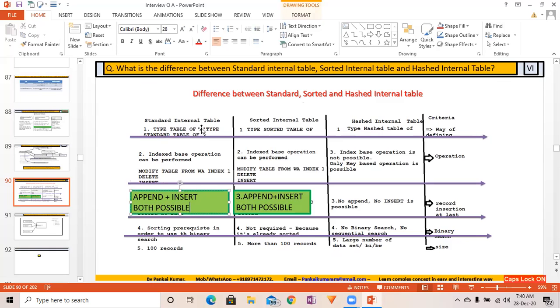Here in a standard internal table, append plus insert both are possible. Here also both are possible because both are index based operations. Sometimes you will see that append is not possible on a sorted internal table, but that is not true. Append is also possible if you are going to append the right data. If you do not append the data in sorted order, it will go into a dump. Okay,